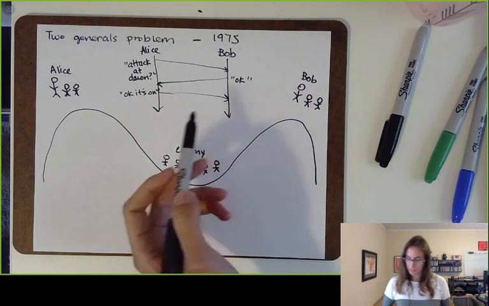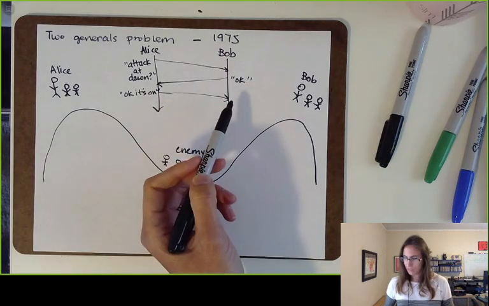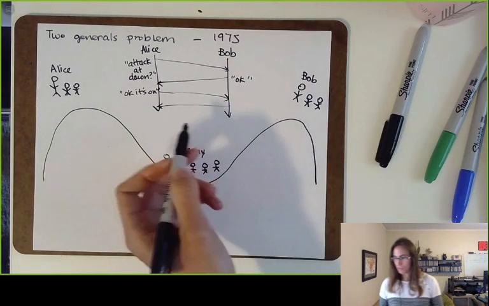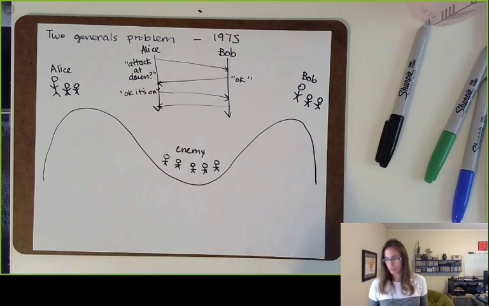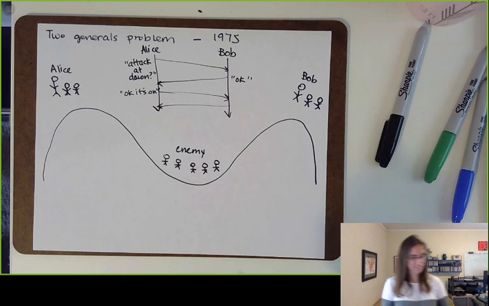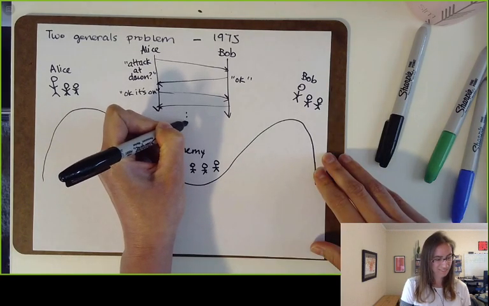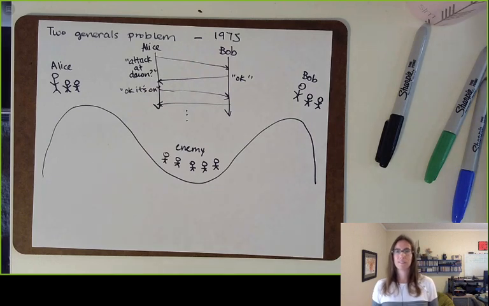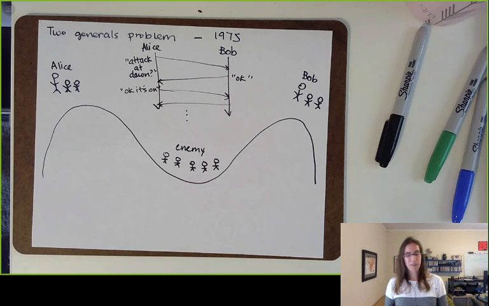No, because Alice doesn't know that that message got through, right? So Bob could ACK that message as well, but of course he doesn't know that that ACK was received. Is there any way to fix this? Smoke signals. Yeah, let's assume that Alice and Bob are too far apart to send smoke signals. But yeah, so in general,